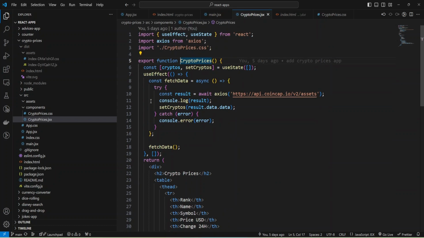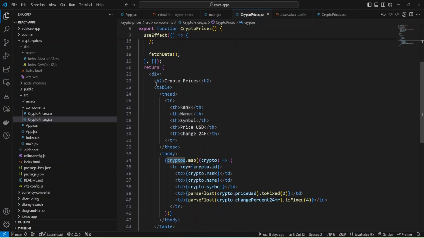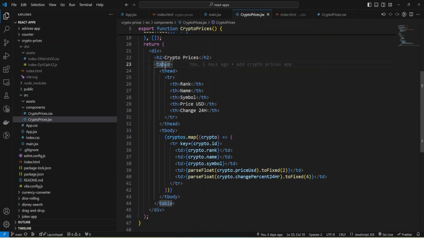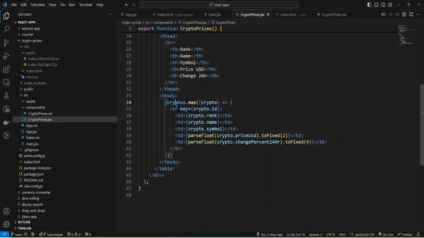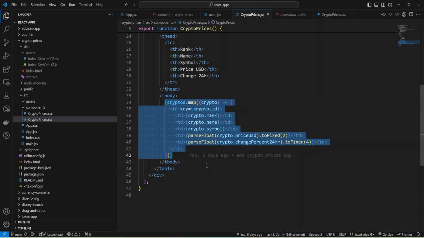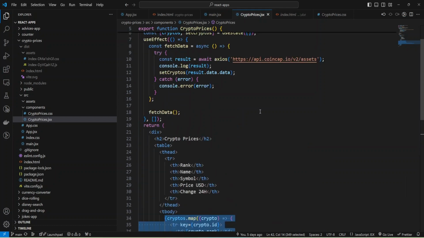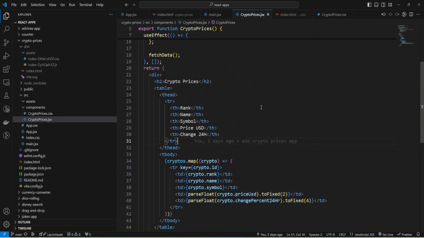And initially we use hook useEffect to fetch the data, and then we set the response into state variable cryptos, and then I'm building the table, and we have table head and also table body, and then I'm rendering rows from my cryptos. And that's it for React.